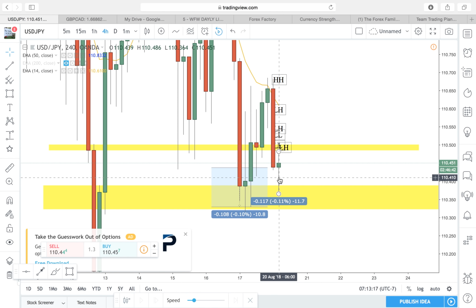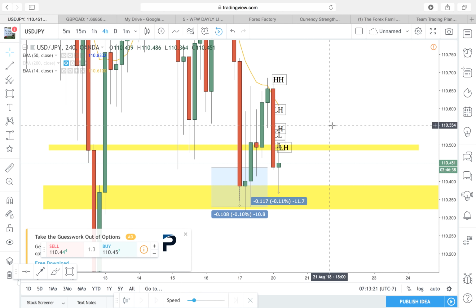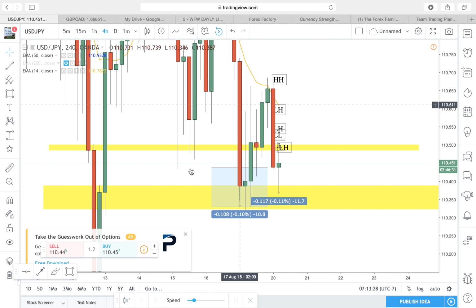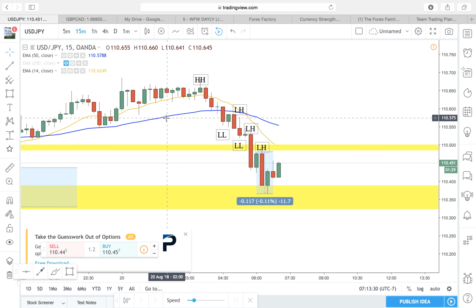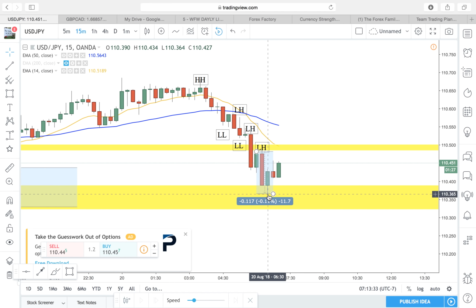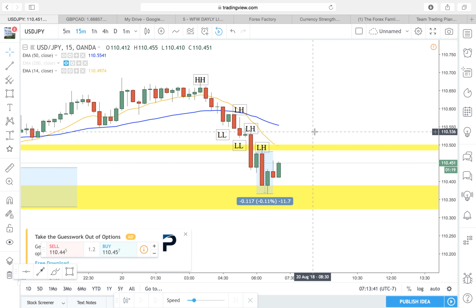So I closed at my 9%. I took the 9%. It was at 13% if I closed all of them at 11, but I didn't. Actually, it was at 15%. So I lost out on 6%. Oh, well. But I closed everything. I ended up closing everything as price hit the zone and then started making a little bit more pullback. I said, okay, I'm just going to close because we tapped our zone. And I made a mistake by not closing at 10 pips because that's my profit target.